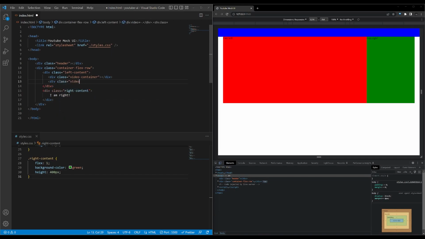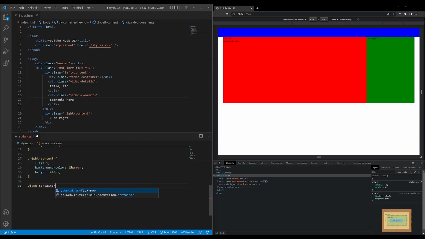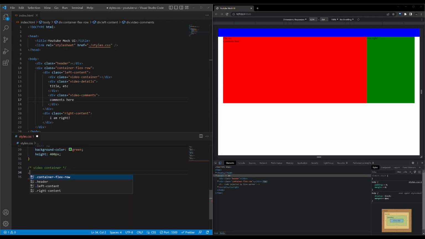And then after I created my left and right content, now I'm focusing on the inner content within those containers, right? So on the left side, I've started to add a video container, the one that holds the actual video, the video details, which is the name, the author, and basically the amount of views, right? And then the comments, right? And that's also a section on the left side of content, which basically will hold all the comments for the